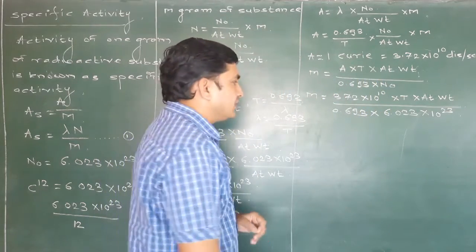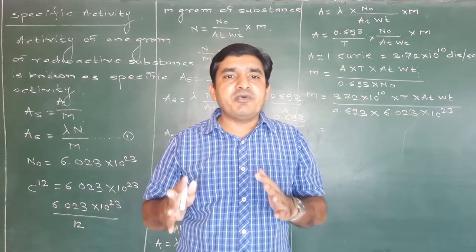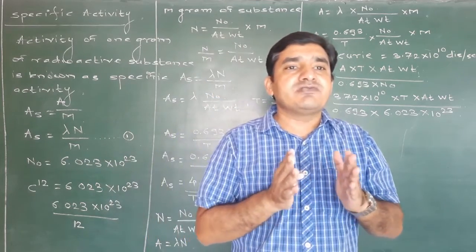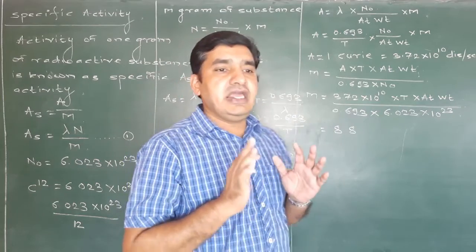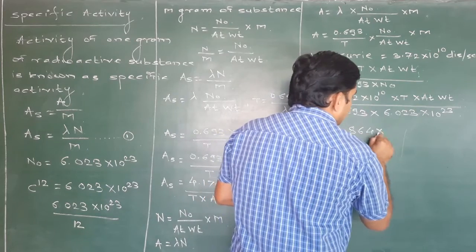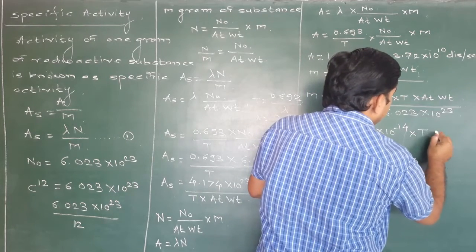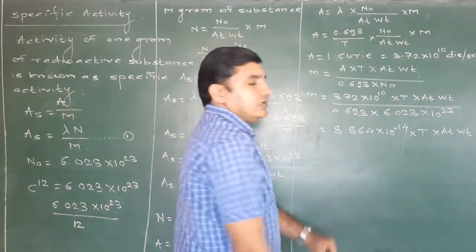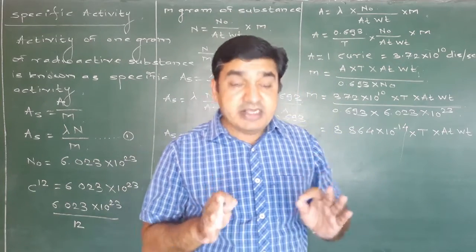Okay, and therefore this value is 8.864 into 10 raised to minus 14. Okay, this value is 8.864 into 10 raised to minus 14 into capital T into atomic weight. Okay, now if we consider a 1